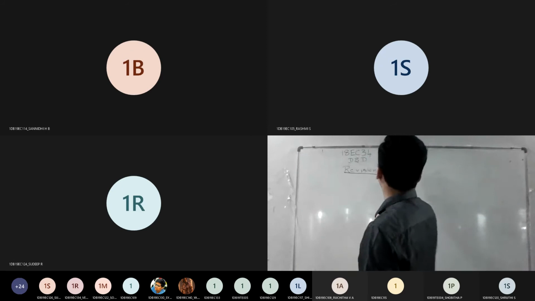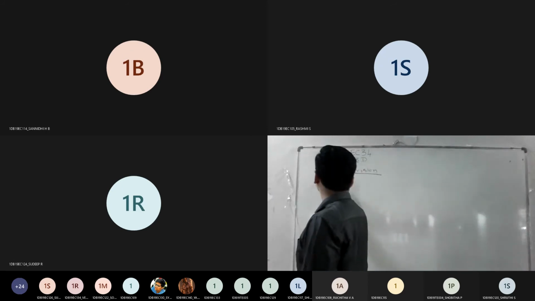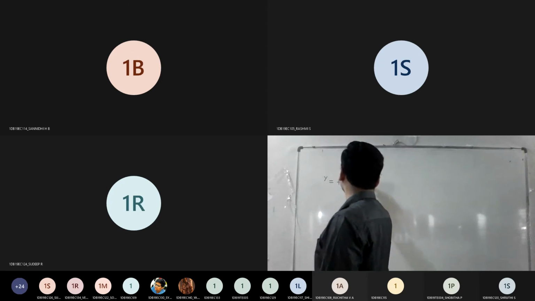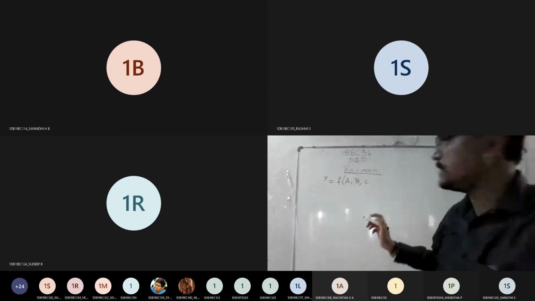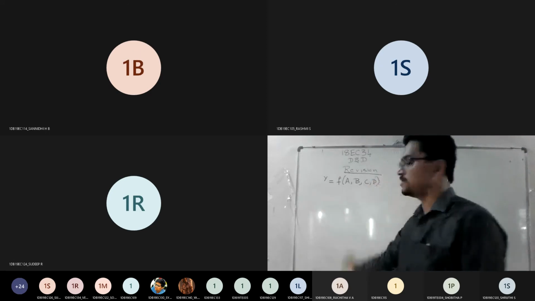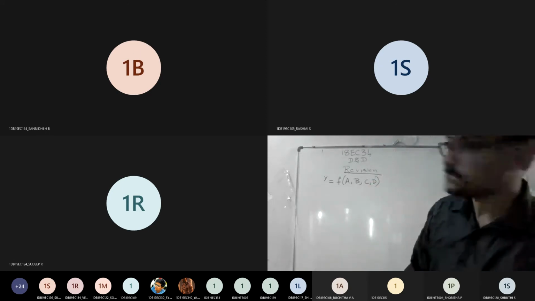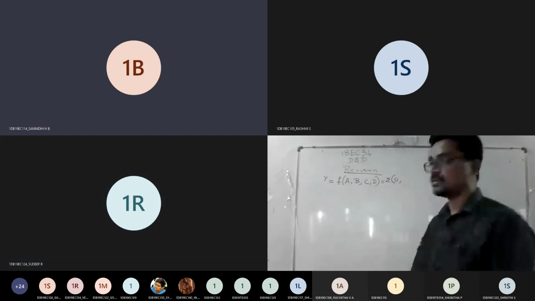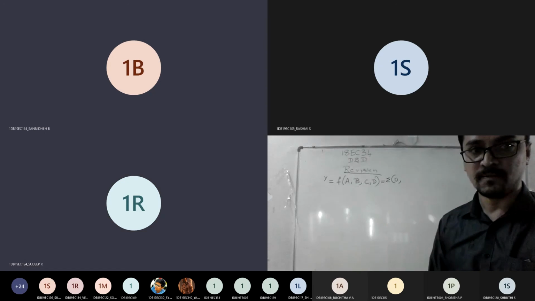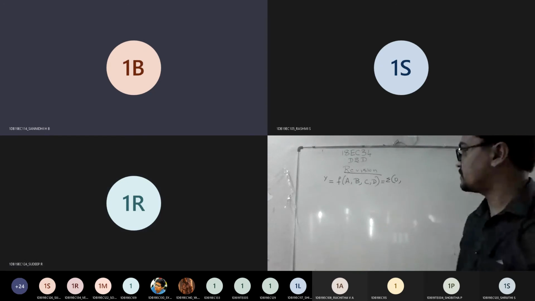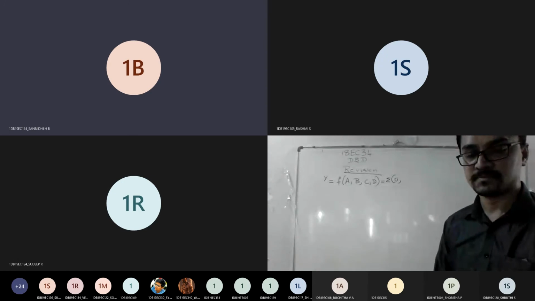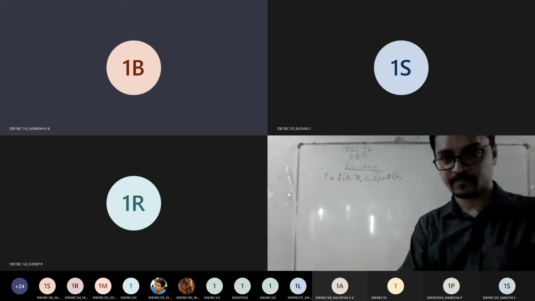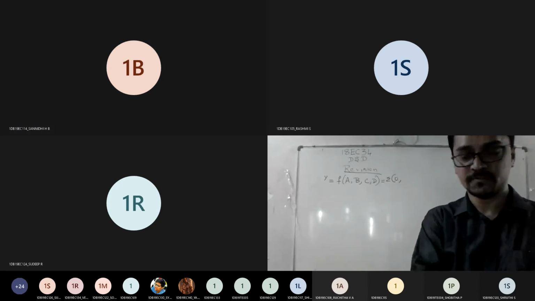So the question is given. Write down the question. I will write here y equals function of a, b, c and d. So they have given a 4 variable function. Is it visible here what I'm writing? No, sir. The question is not visible. The screen is blurred. Yes, sir. Check now.